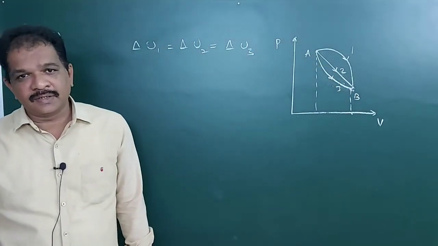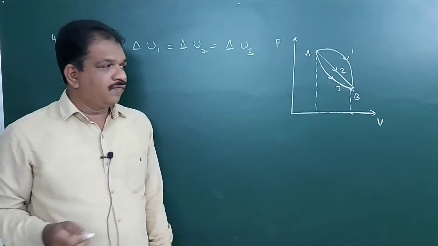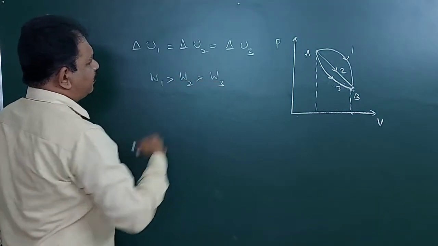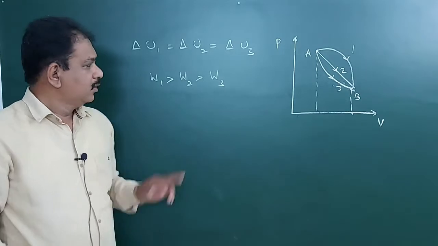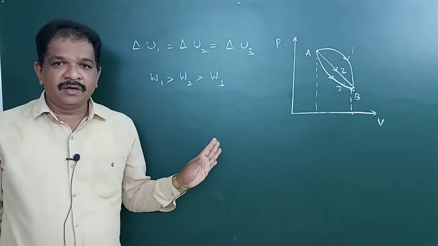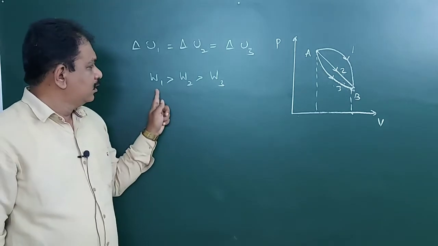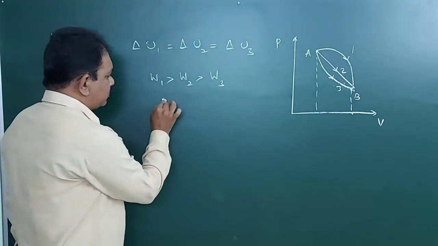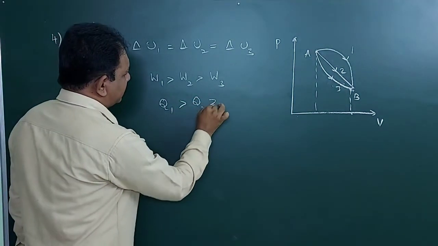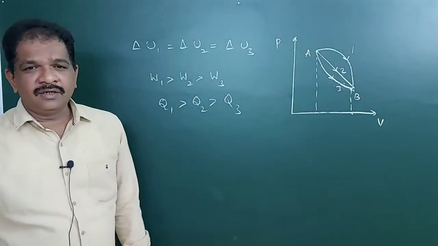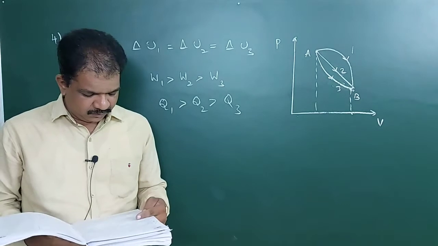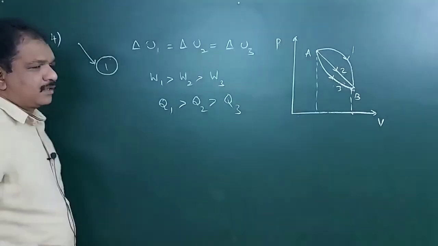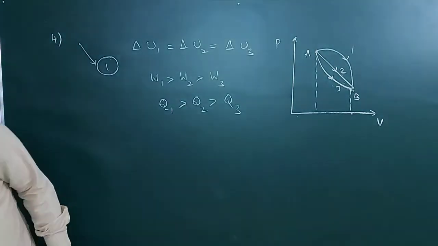From that, what we can say is the area will be more for the first curve compared to the second curve, compared to the third curve. So the area of the PV graph is equal to work done. So W1 greater than W2 greater than W3. Here delta U is constant, so Q1 greater than Q2 greater than Q3. So the fourth question will be the first option. Next, see the